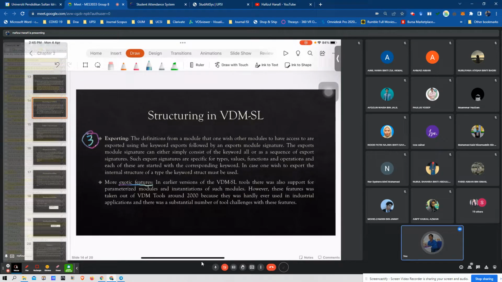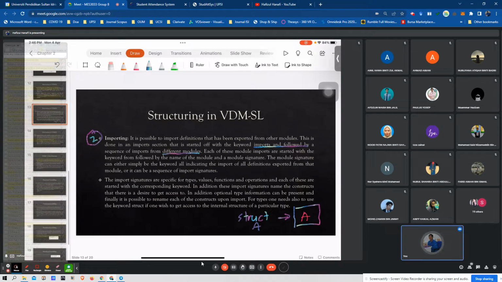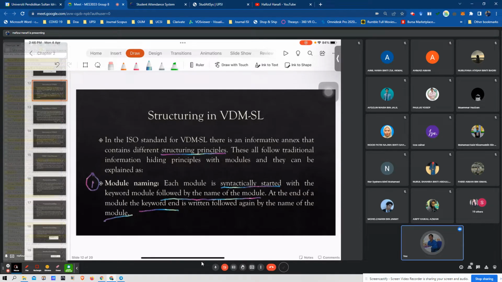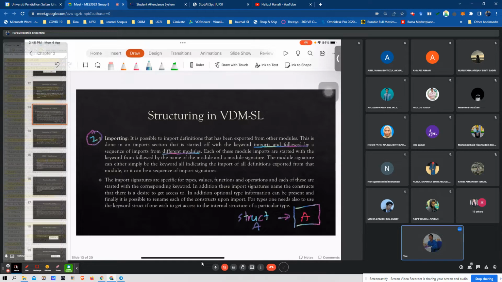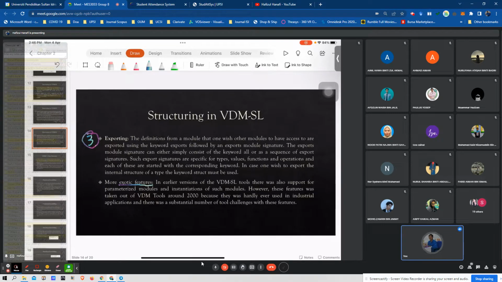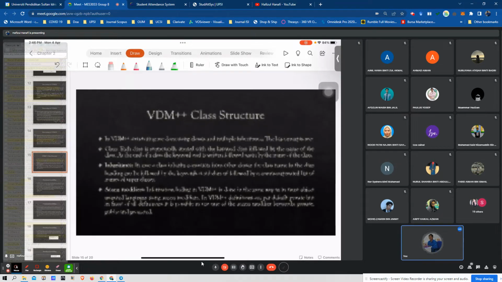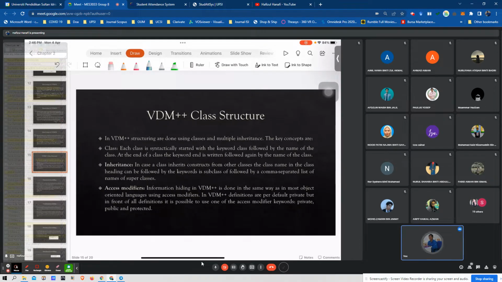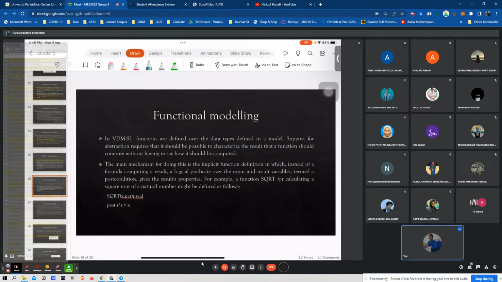For example, if you want to import, you need to have the import signature. If you want to export, you need to have the export signature. This one is complexity, it is not automatically decidable. Okay, so